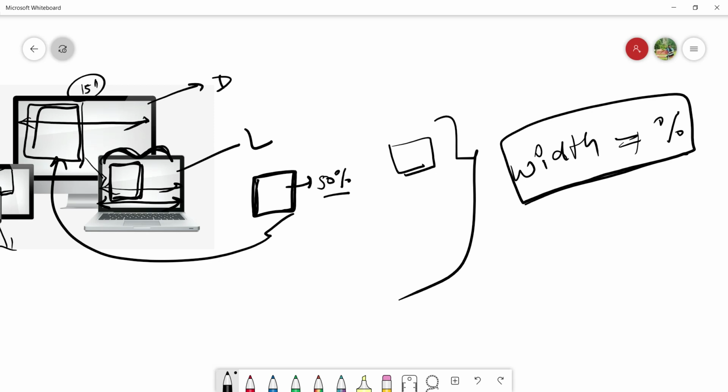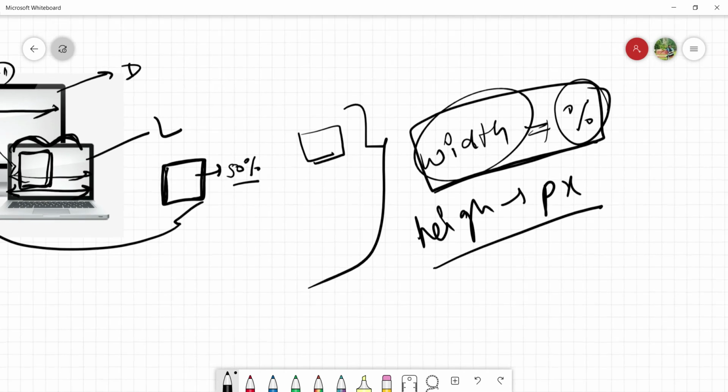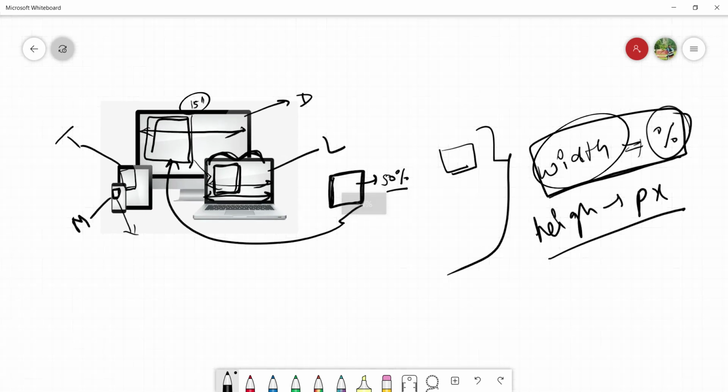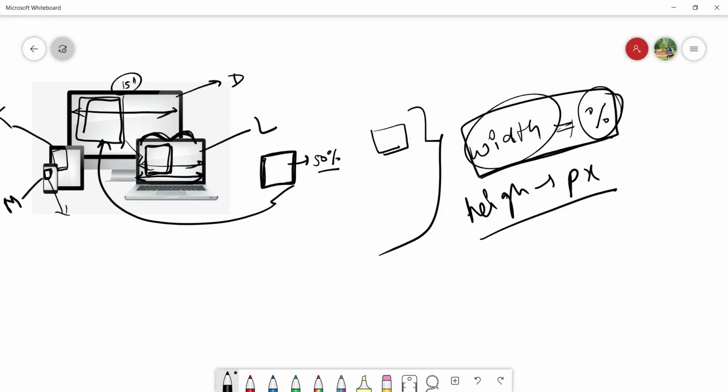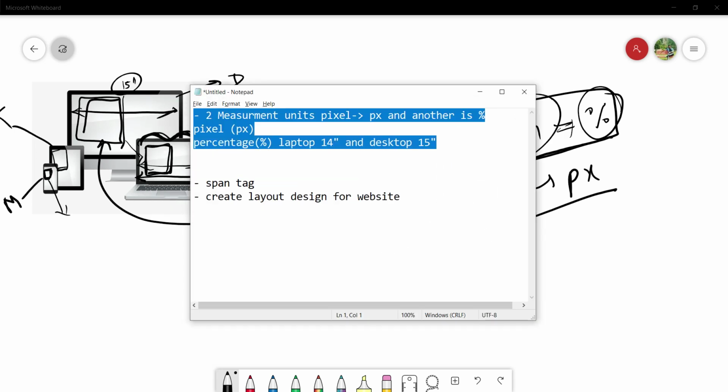Remember this. In case of height you can use px, but try to use percentage in case of width always. Then your website will be reliable. If you open it on any device, the width or the size of the div never gets disturbed. Okay guys, so I think this topic is clear.